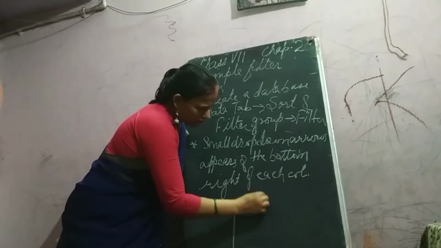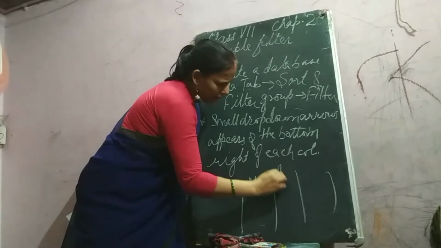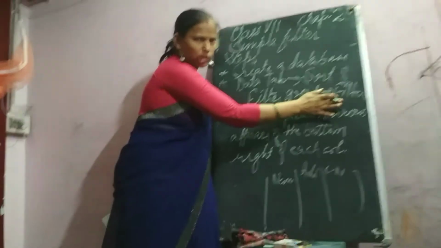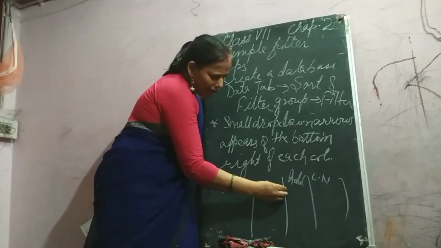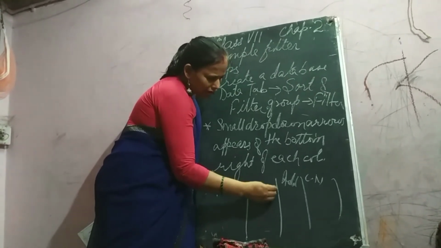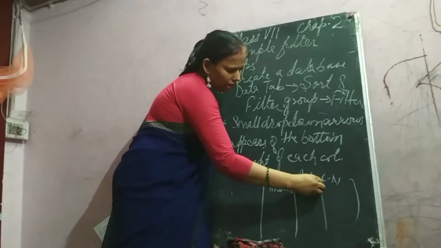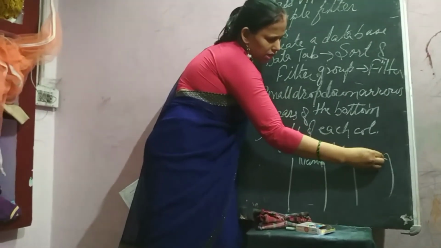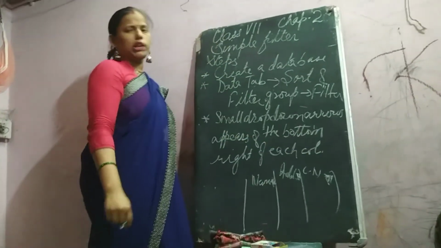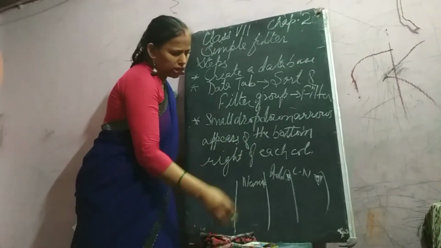Now just see. If we have got our data: name, address, contact number. While you click on the Filter option, one arrow key will be displayed here. Like this, the arrow key will be displayed. This shows that we have started filtering the data. In every column, this arrow will be displayed. That means it indicates that this is the first step to filter the data.